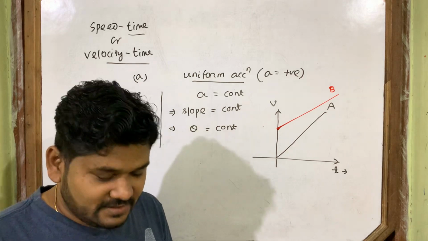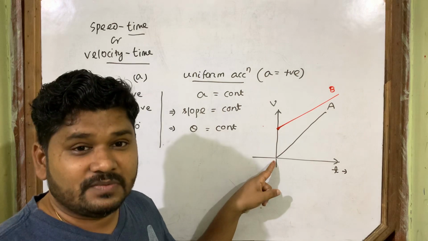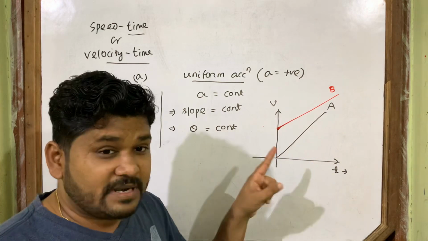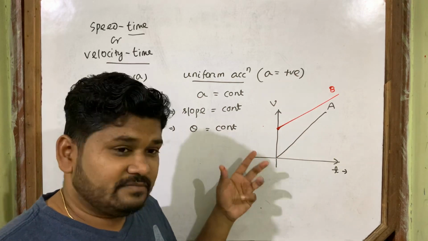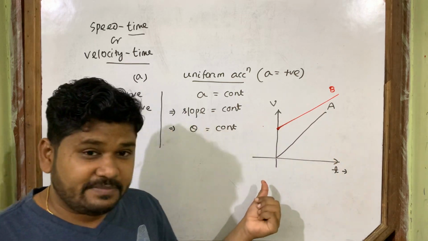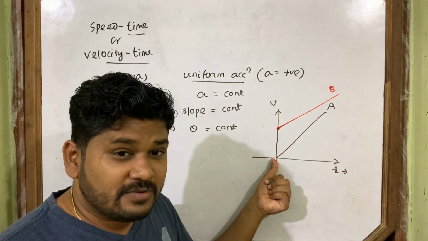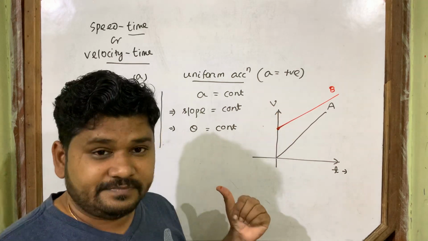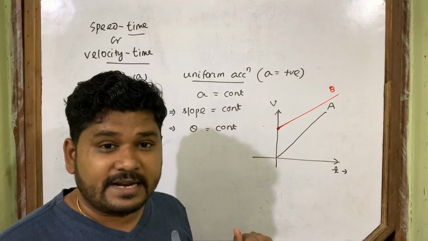Very simple. A, initial velocity is 0. Its origin. But this is not position time graph. Keep in mind, don't tell that A starts from, yes, it's right. But this is not a displacement time graph. This is velocity time graph. Means this origin indicates which value? It doesn't indicate the value of a position. It indicates value of velocity. So here velocity is 0. Means A starts from rest.